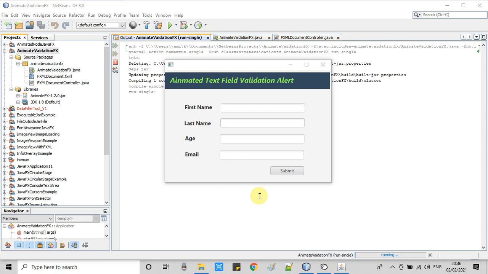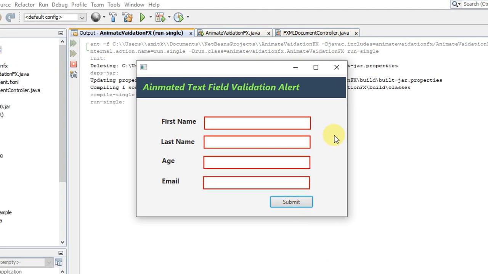In this tutorial, we are going to animate text field validation with the help of the AnimateFX API. Right now you can see one of the forms on my screen, and now I am going to press this submit button. You will see we have not entered anything in this text field. Now this is showing me that this is blank. So I am trying to create a validation scenario. If I'm not putting something inside it, this will shake. If I write something inside it, then this will move to the next field for the validation.